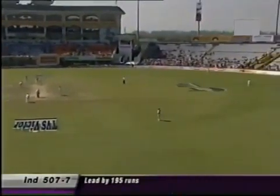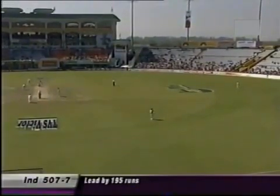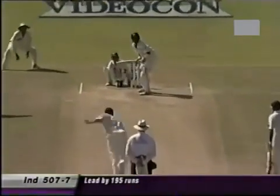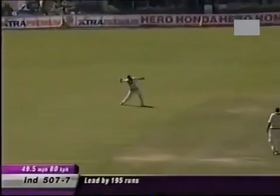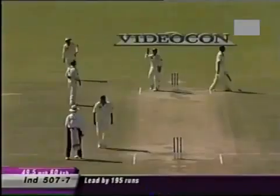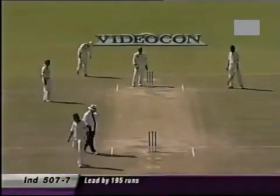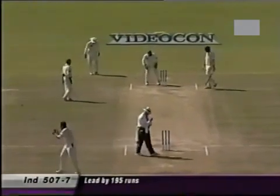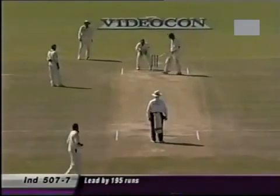Balaji on strike on 31. The short extra cover is a good position there for the leg spinner. Well bowled, Danish. Balaji has done it for India. He's just taken